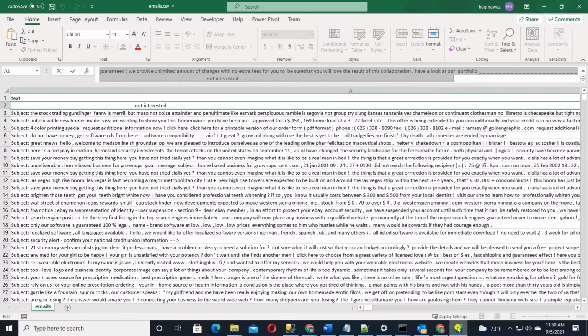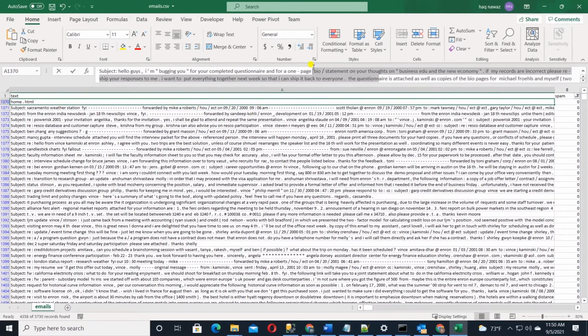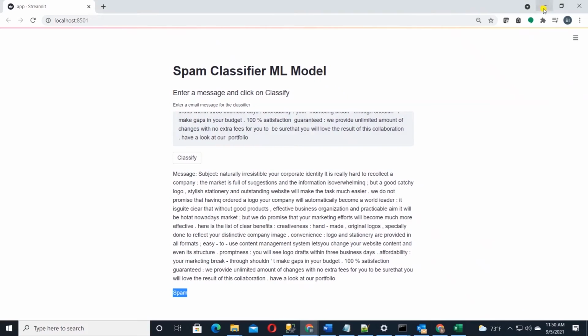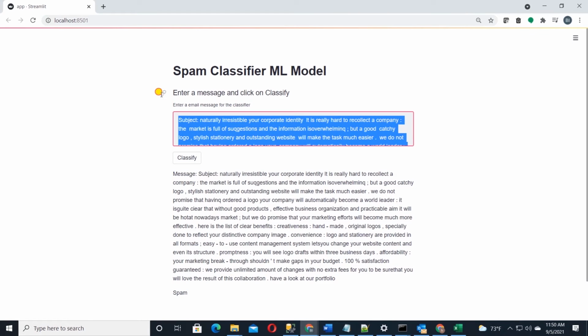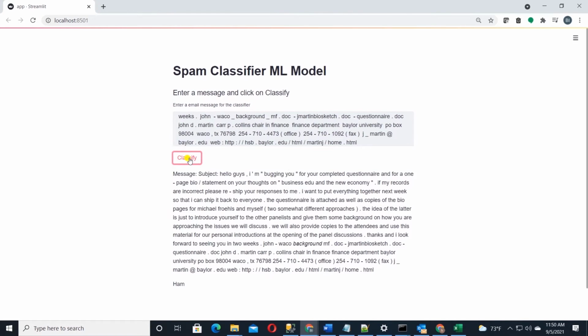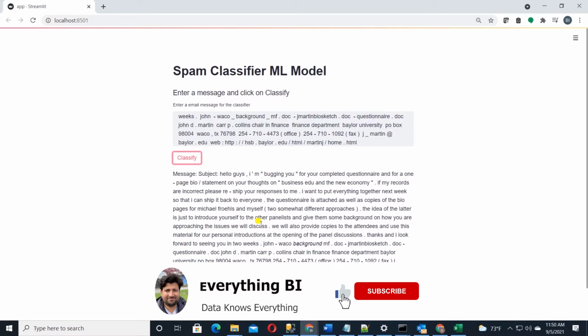I will go back and grab another message. This time I will select a ham message, copy it and provide it to the model. I will hit classify to see the model prediction. This message is ham. So based on the data, we train our model and then use it to make future